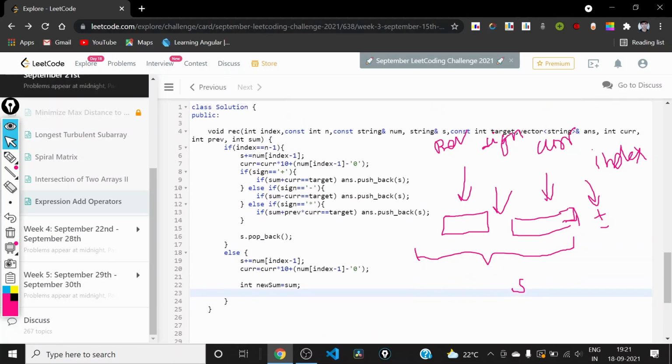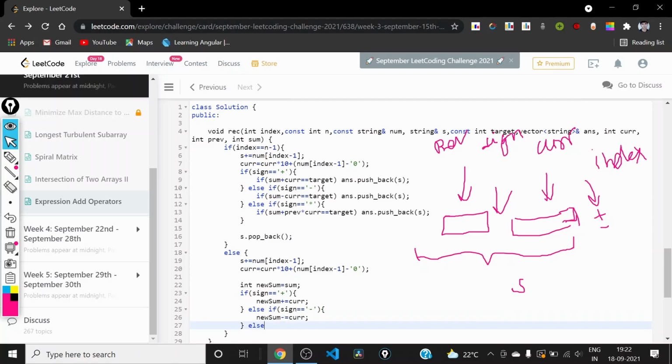If the sign here is positive, then we just need to add the current to the new sum. And if the sign is negative, then we need to subtract.